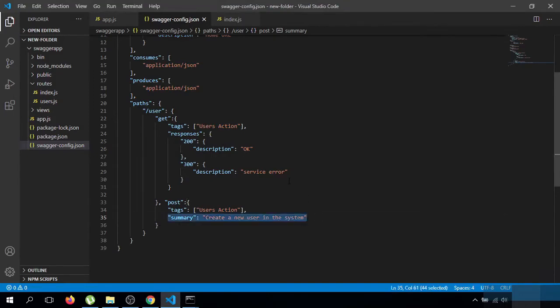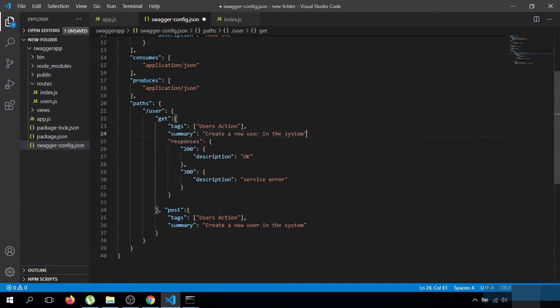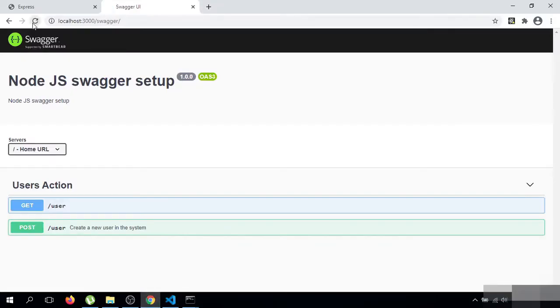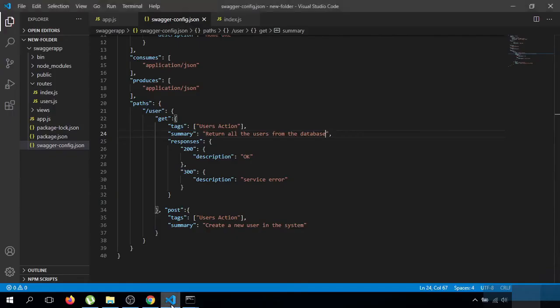I will add the summary for get URL as well. See that in our get URL we have a summary as well.